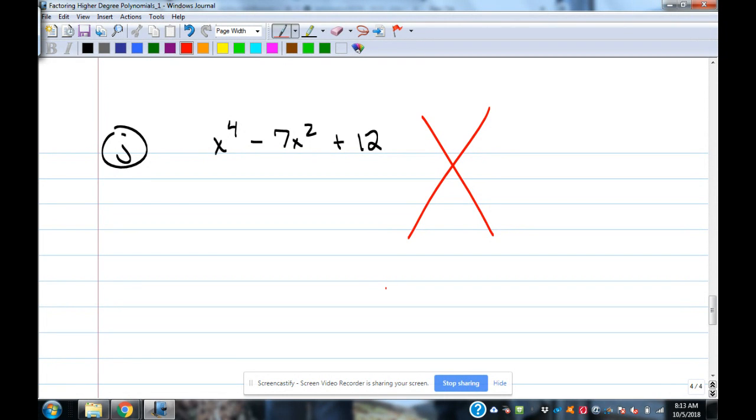What goes on the top of that X? 12. 1 times 12 is 12. What goes on the bottom? -7. Okay. So what multiplies to be positive 12 and adds to be -7? -4, -3. Good. All right. Now,